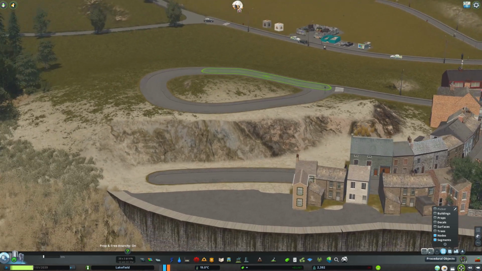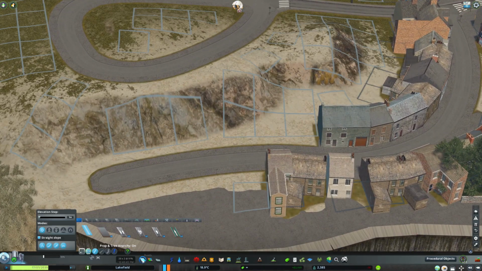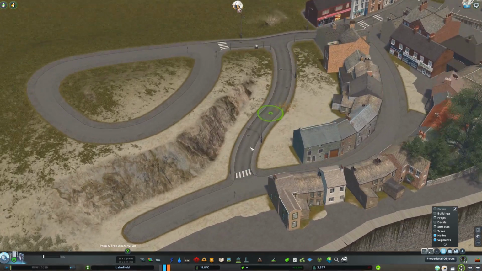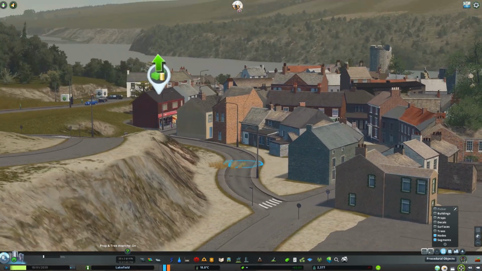The top part of this hill here is pretty steep, and I had to use node controller on the road here to get these angles a bit more appropriate. I think I just sloped most of these intersections here. Then I need to put another road in here because there's quite a bit of free room in behind these